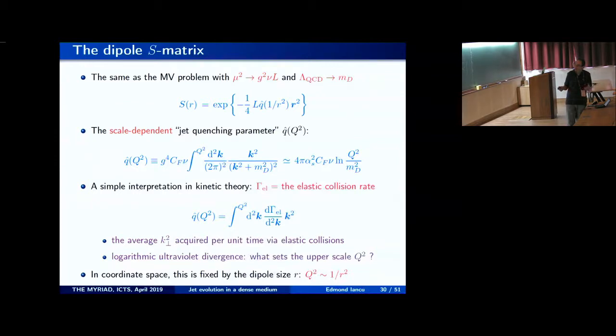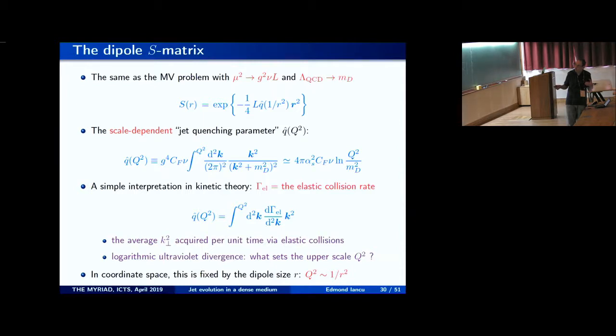The jet quenching parameter can also be defined as the average k perp squared, which is acquired per unit time via elastic collision. So you need to know the rate for elastic collision, which I give here: g^4 times the density of particles times 1 over k squared plus m Debye squared, just the cross-section for scattering for a quark anti-quark, for a pair of two particles, multiplied by the density of particles. Okay. So this is rather the cross-section. Integrate over all the